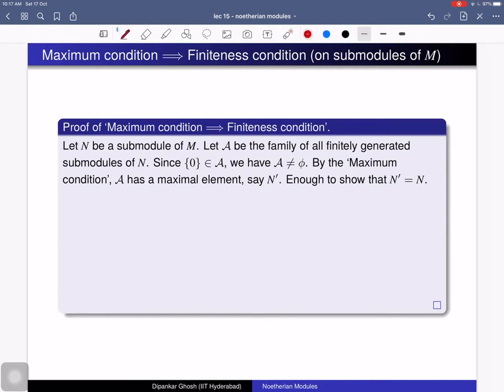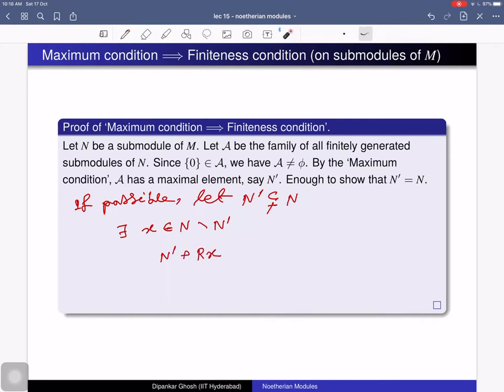So let's prove this again by the contrapositive way. If possible, let N prime be strictly contained in N. Then there exists an element x in N but not in N prime. Then we consider this submodule. This N prime is already finitely generated and we are adding one more element to that generating set. Then this submodule is also finitely generated